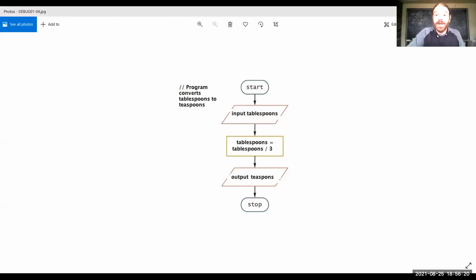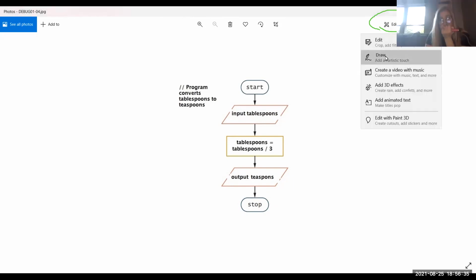Yeah, so when you have the picture, you can just open it right like this one. Oh yeah, and then right there. In Photos, you have the edit and create button. If you just hit that, this button right here, you can draw some stuff on there. And so in this case,